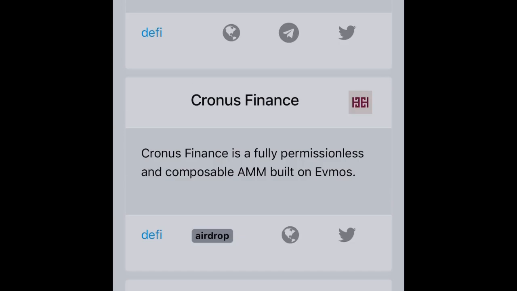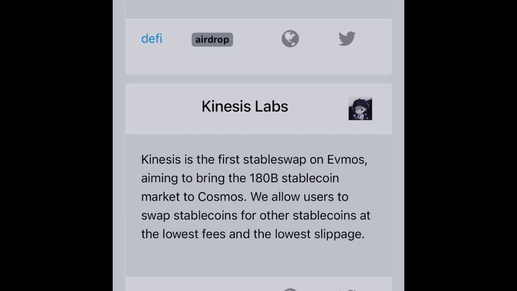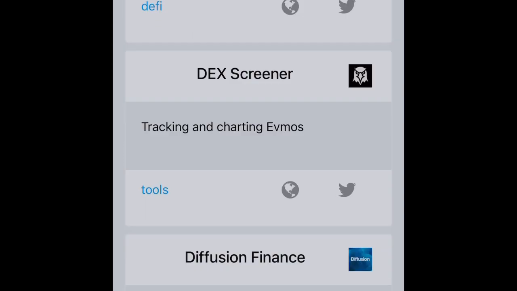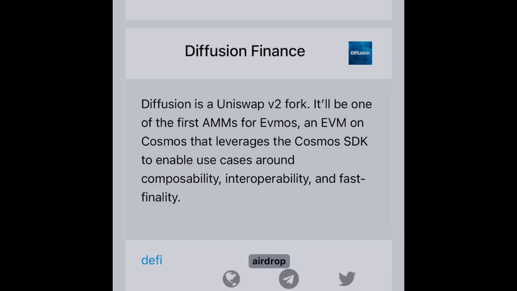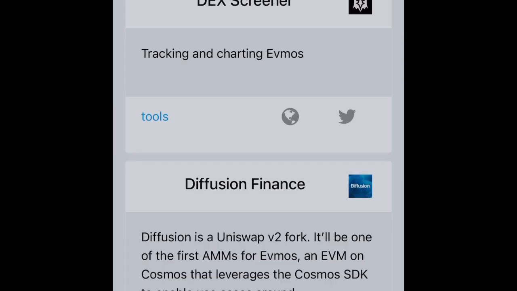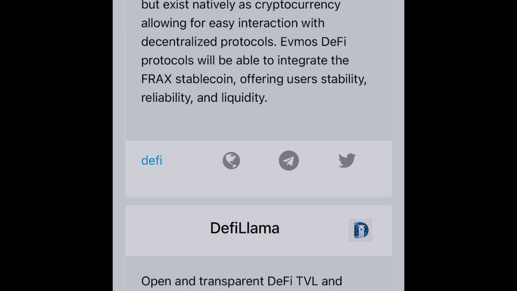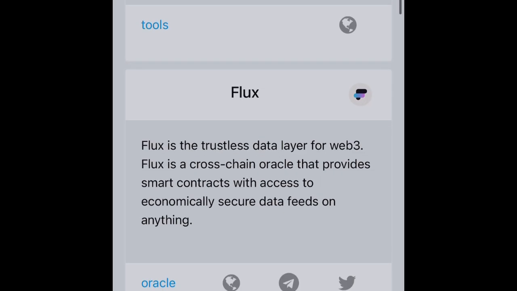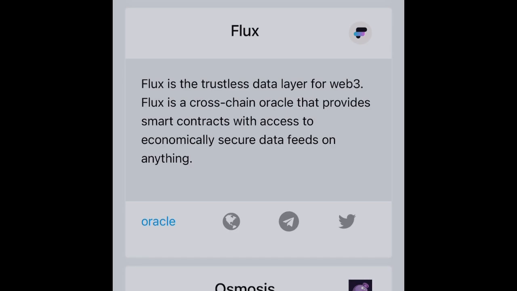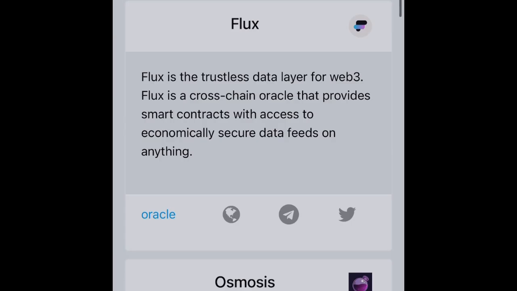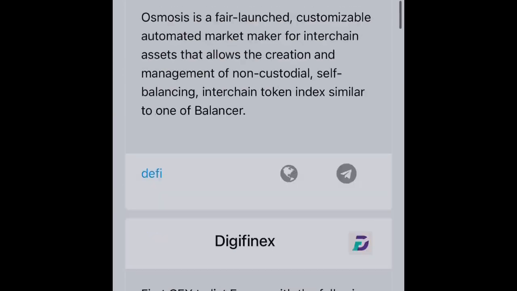So Osmosis Labs, this is pretty cool. You can read what that is. I'm just showing you guys the apps that are under this blockchain. So if you find yourself buying a whole bunch of Evmos tokens, this is where you might find the whatever. If you're a loaner, a lender, a borrowing person, you will come in here and find the lending protocol for them. If you're a nodes person, you probably come in here and look for the nodes section. I don't know if it's Flux. I just said nodes because I know Flux knows, but this has nothing to do with this video. Osmosis, that's my favorite. That's what we're going to go in this video.